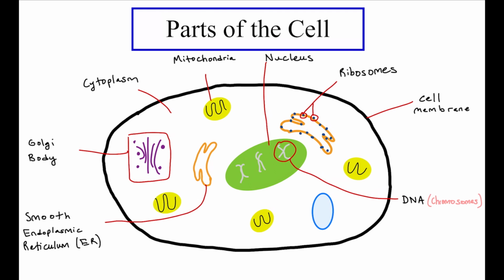It's another orange line, but it has these blue dots on it. So if we circle the blue dots, these are called ribosomes. And ribosomes will float throughout the cell, but they can also attach to another endoplasmic reticulum called the rough endoplasmic reticulum. And these ribosomes will make proteins, so they're kind of like the factories of the cell.